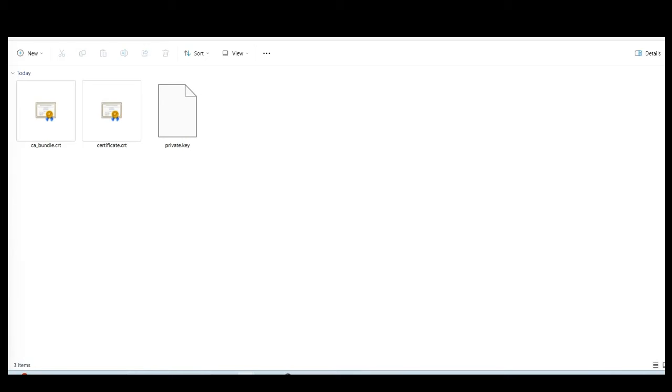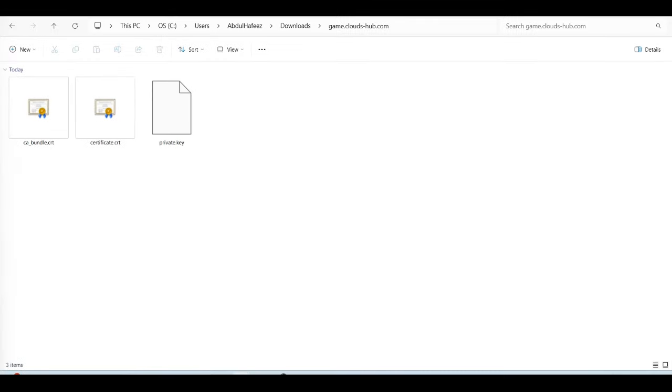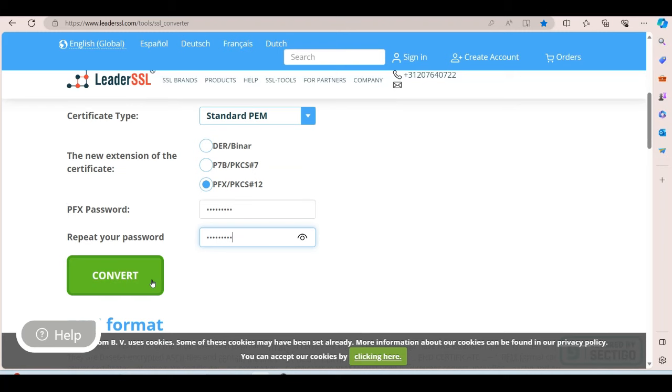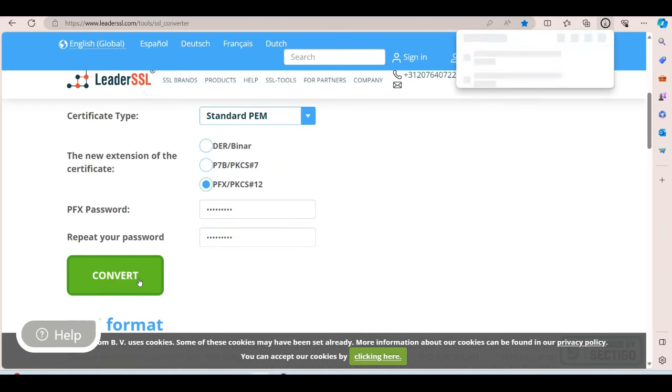So I have downloaded the certificate files, and it is in the default format CRT, but we need PFX format for this website. So I'm using this website called leaderssl.com to convert the default certificate into the PFX. I have selected the certificate CRT file, private key, and then I'm going to select the PFX password for this certificate, click on convert, and I have downloaded